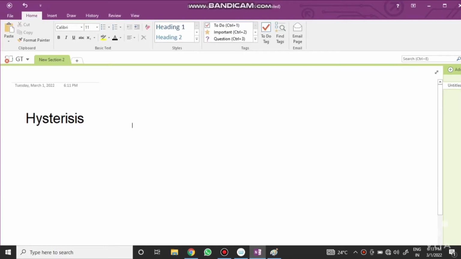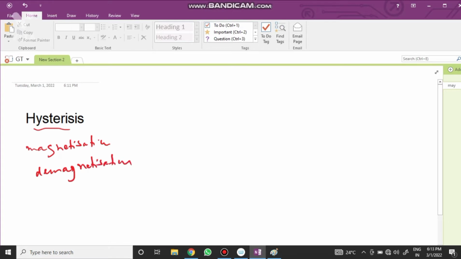Hi, today we are going to learn about a concept called hysteresis. This comes in the magnetism chapter. Okay, now what does hysteresis mean? Basically, this is a process of studying the amount of magnetization and demagnetization, how it happens. Okay, so basically in this what they do is they take a solenoid, okay, and coils